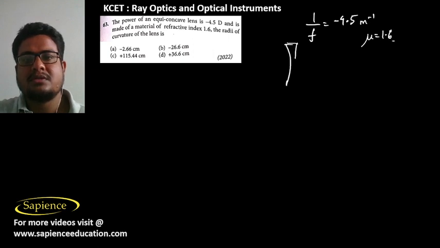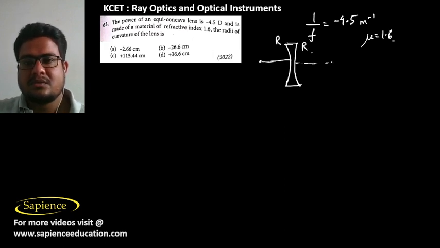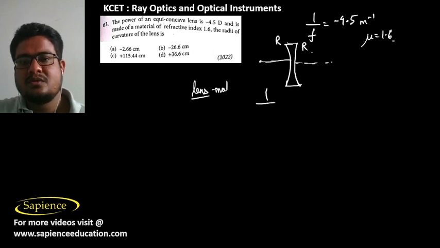Equiconcave lens means the radii of curvature are the same for both sides. On this side also the radius of curvature is r, on this side also the radius of curvature is r. Therefore, by using the lens maker's formula, we can tell